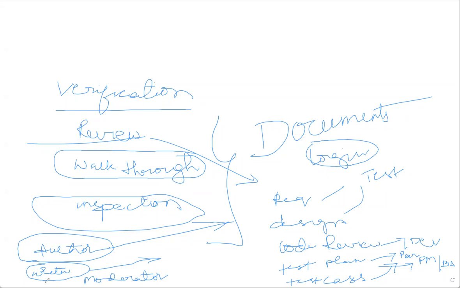The moderator will moderate between these people along with the team. He plays an anchor role. He will say, okay, now the PM, the project manager, will come and speak about the documents, and now the writer will come. That is the job the moderator does. So these are the main people involved in the inspection, plus the team like developers and testers. It's a formal meeting.